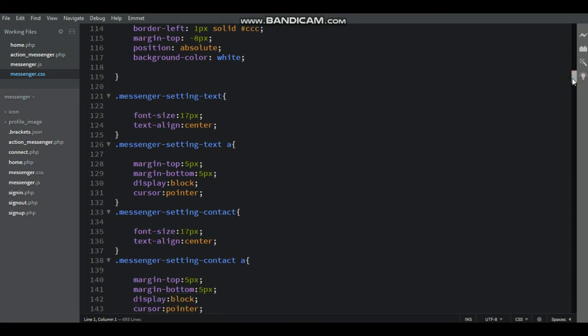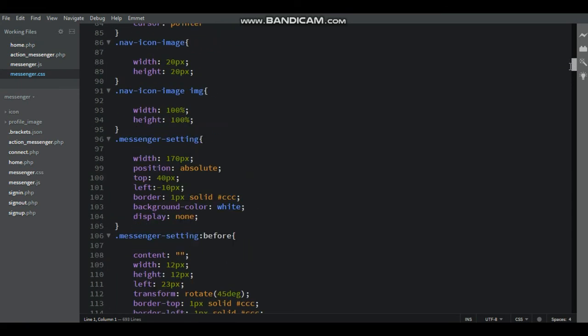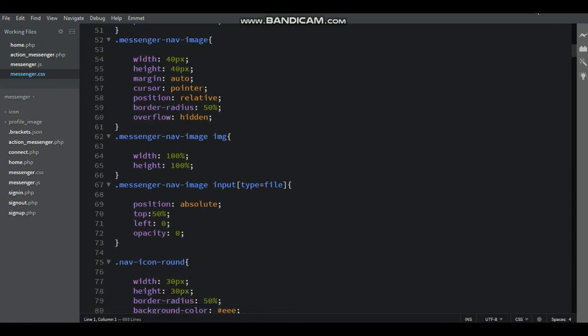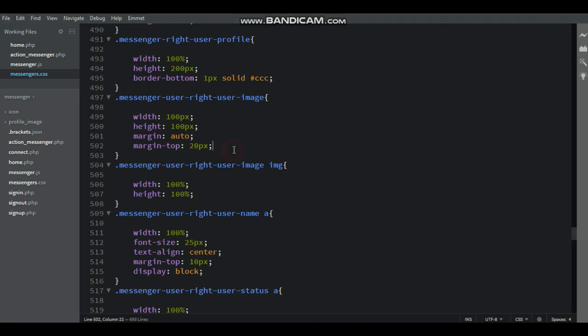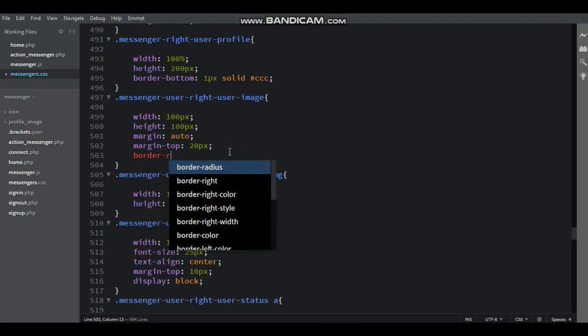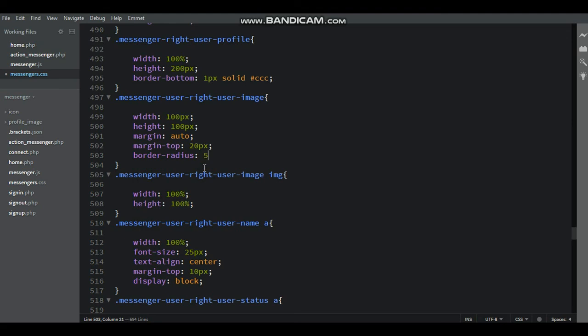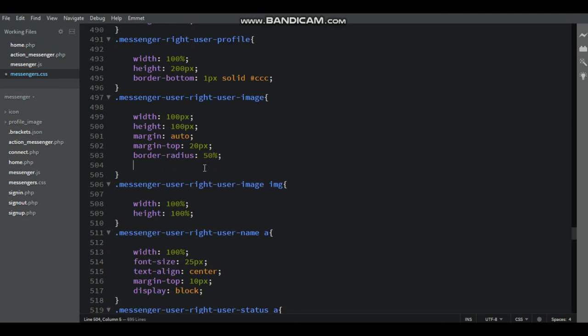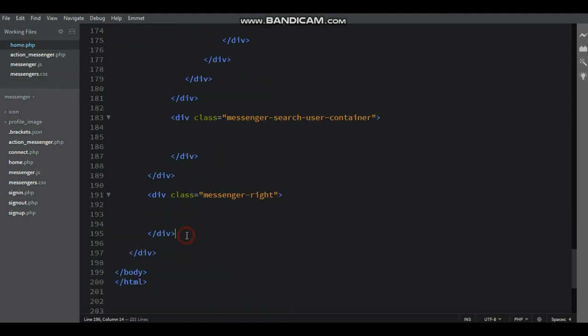Inside the messenger user right user image, write border radius 50% and then overflow hidden. Now save the file home.php messenger.css file.